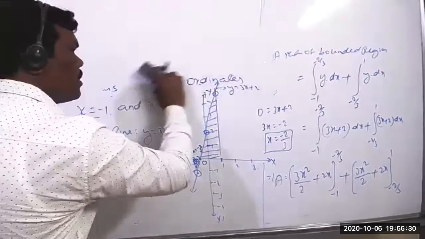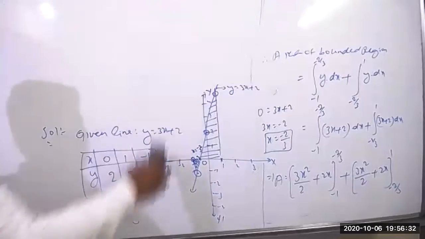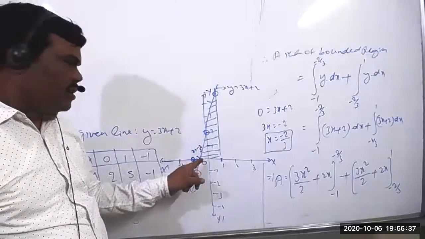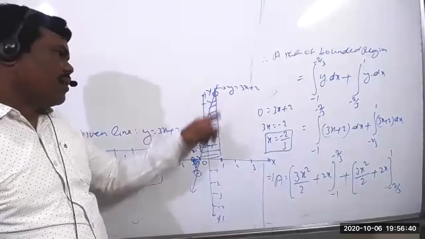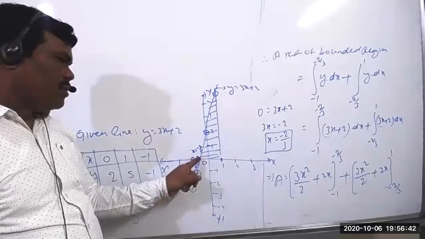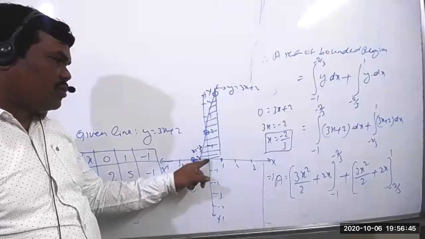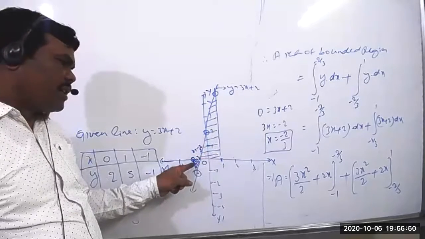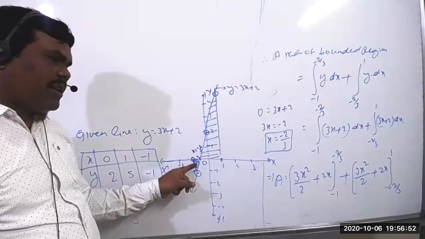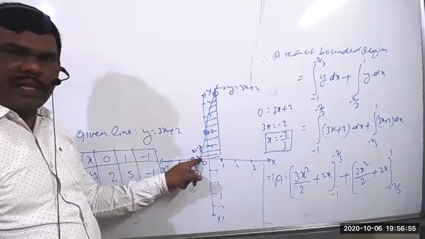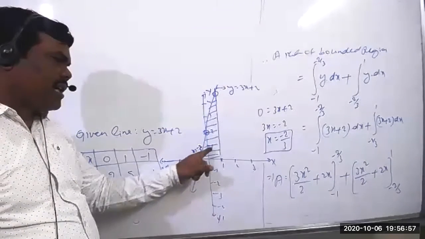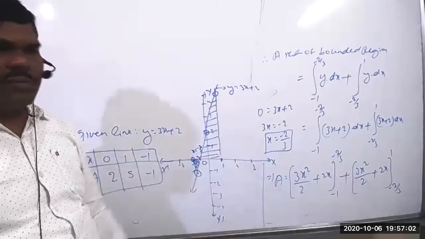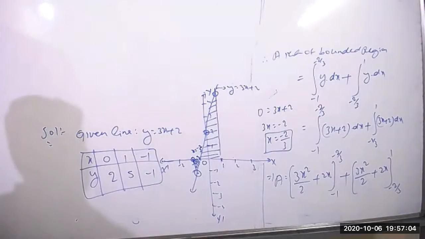Sir, if I integrate from 0 to 2, what area will I get? 0 to 2 means from here to here. That's also fine: 0 to 2 and 0 to 1. This is the point. Minus 2 by 3 to 0 and 0 to 1, two parts we will get, and compulsorily this also is required. But since this area is required, we take from minus 1 to minus 2 by 3. Instead of y as 1, as we are taking two parts here again, take one part only, directly: minus 2 by 3 to 1.